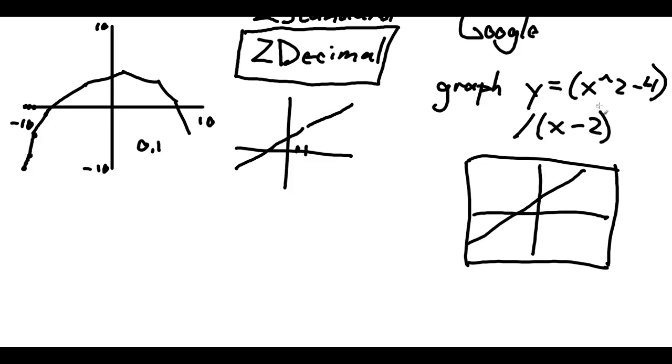For simple functions that don't require terribly advanced things, I use Google to graph lots of things because the graph is so easy to work with. However, if you graph this function, you'll just get this nice smooth line, and there's no indication of any problem at all. And if you point at 2, 4, and you start zooming in with your scroll wheel,